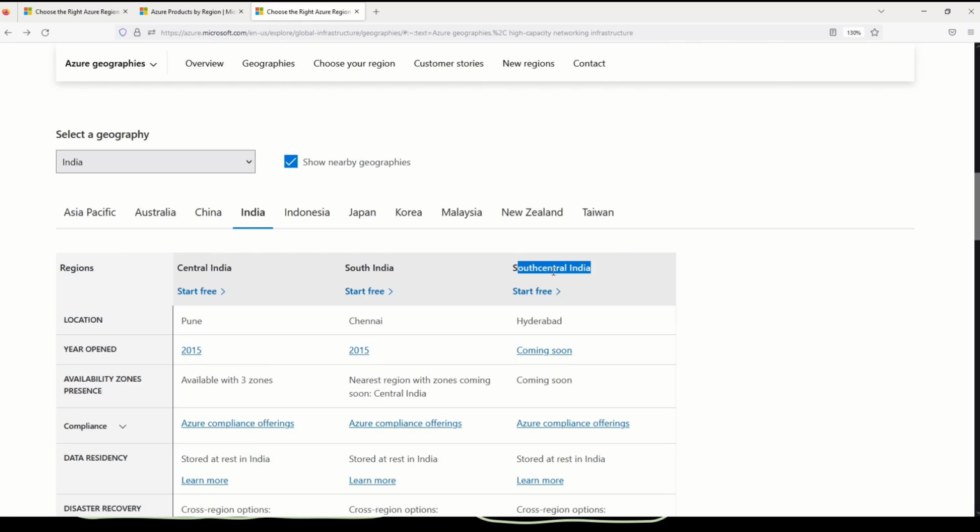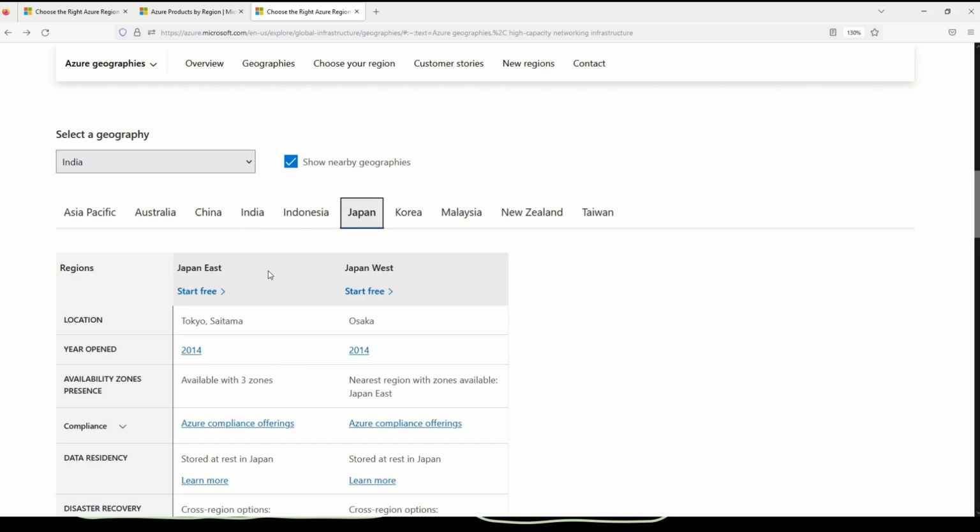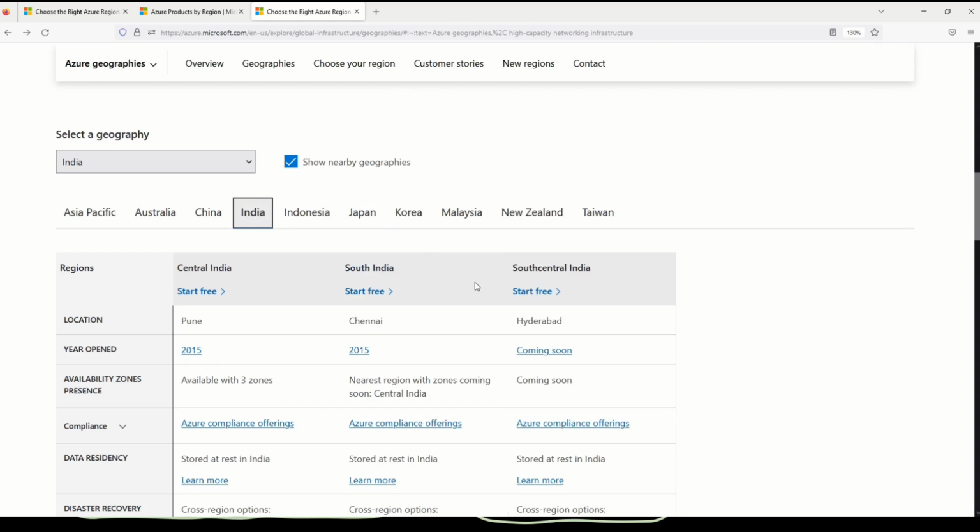But as I mentioned earlier, not all geographies have 3 regions, let me show you one example of that. If you select Japan, here you can see that we only have 2 regions. We have Japan East and Japan West. So basically in case of Japan, we only have 2 regions. On the other hand, in case of India, we had 3 regions. Not only that, you can also check the location and whether this Azure region supports the availability zone or not. Along with the region,